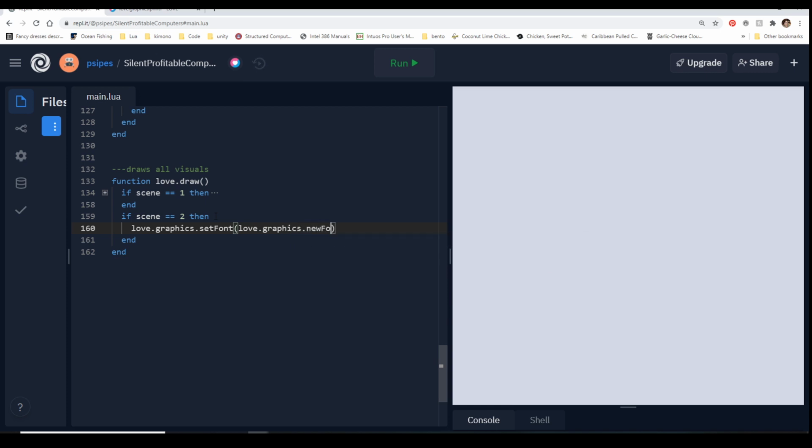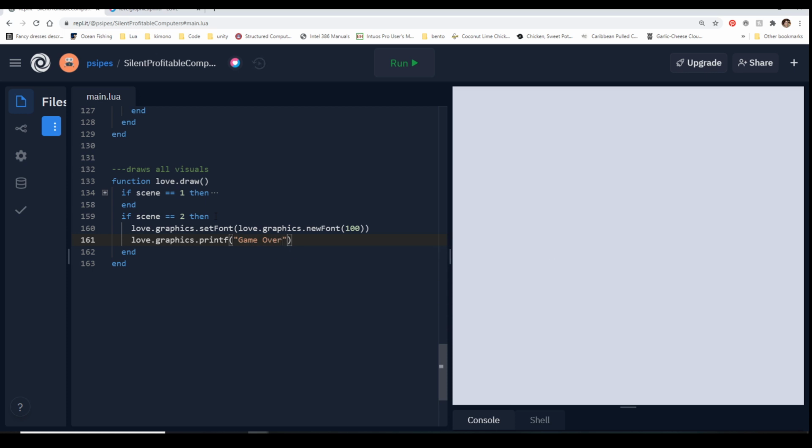So we're going to say newFont, and we're going to give it a size of 100. newFont is also where you can define the actual typeface. So it just depends on how you want to do it. And then we're going to actually write what we want to write. So love.graphics.printf. What do we want to write? Well, we want to write game over.